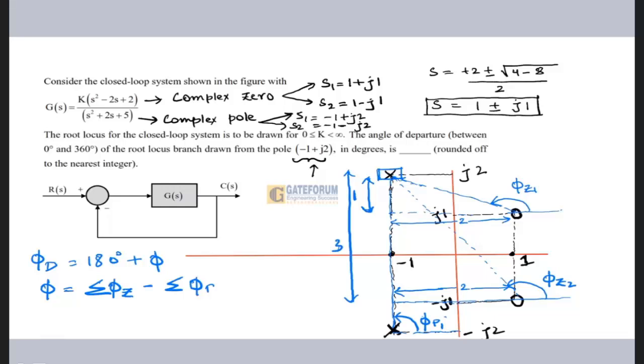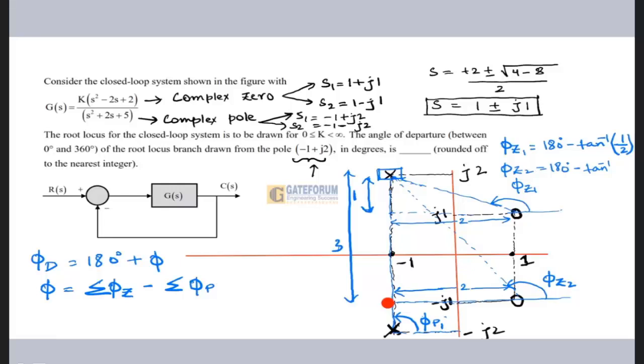So what will be phi z1, guys? The phi z1 will be equal to 180 degrees minus tan inverse b by a. So 1 upon 2. So 180 minus tan inverse 1 upon 2. Okay. What will be the value of phi z2? So phi z2 will be 180 degrees minus tan inverse